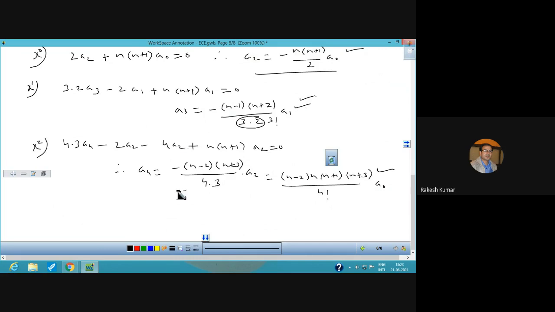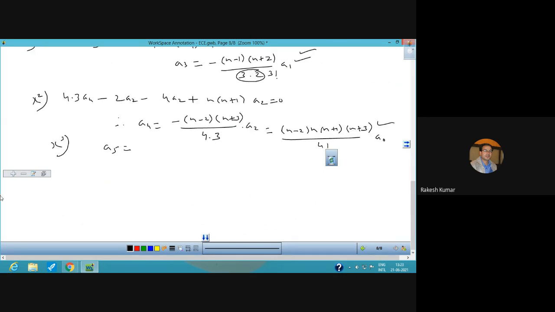So next, a5 will also be in terms of a1. If you equate the coefficient of x raised to power 3, you will be able to find out a5 in terms of a1. But now, straight away come to the general term. The general term coefficient is x raised to power r, and that will be r plus 2